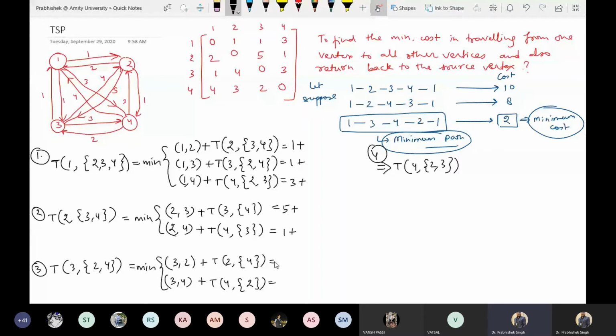So we know the distance 3 to 2. 3 to 2 distance is what? It is 4. You can see the matrix. And 3 to 4 is only 3. So we can calculate this thing. So now calculate this thing also. So minimum of